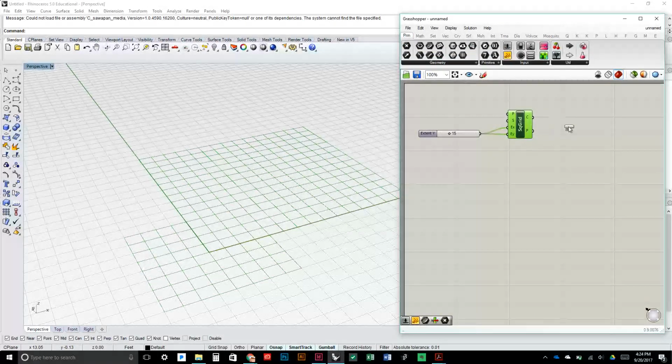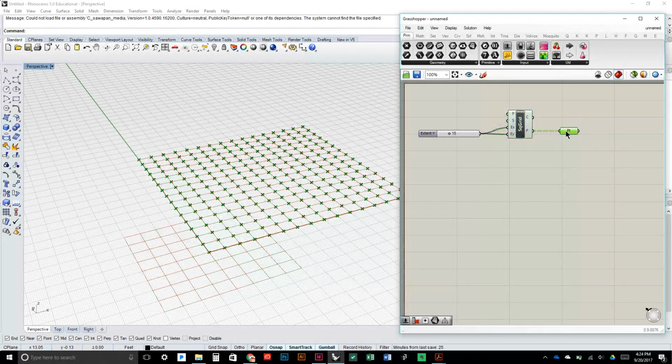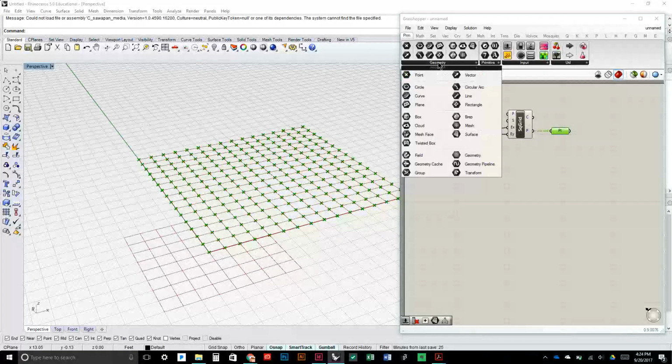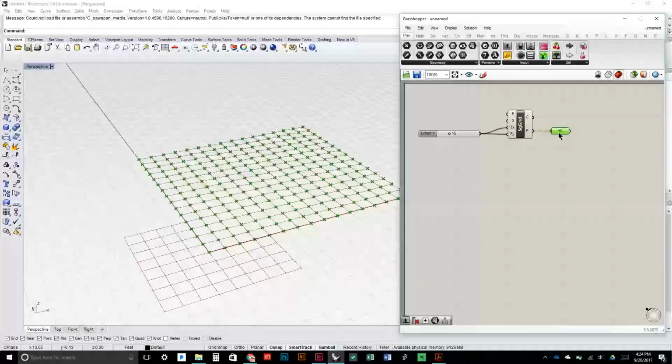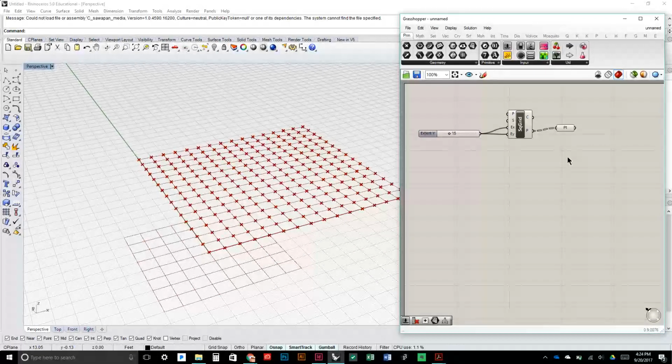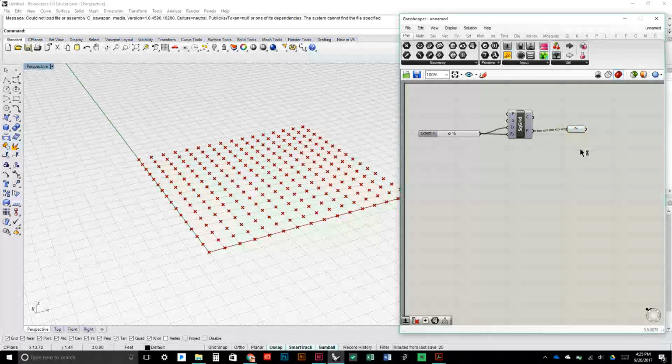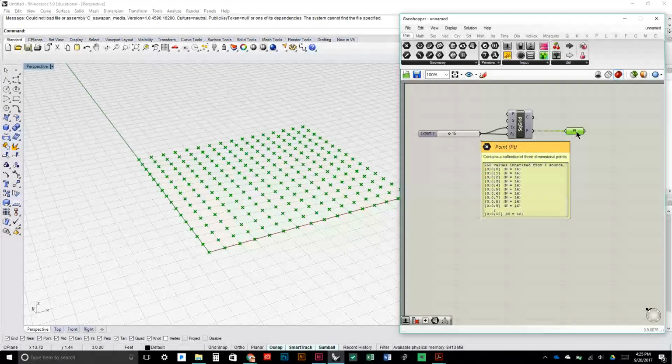So let's go ahead and just look at the point. So I'm just going to go over to geometry, select the point component. And here's a good, so this will be a good example of showing the data trees right off the bat. You know you've got branching data when you have this dashed line. That means, similar to what I showed before,